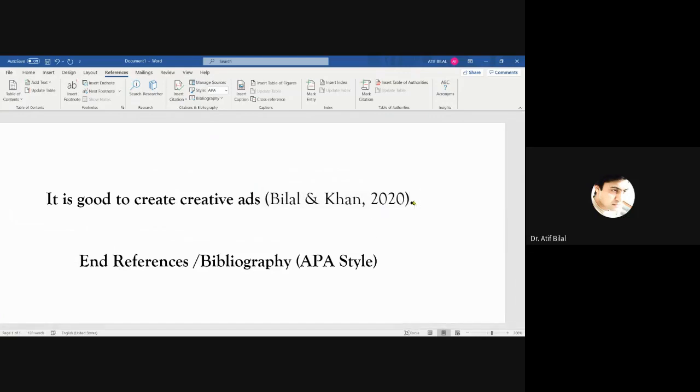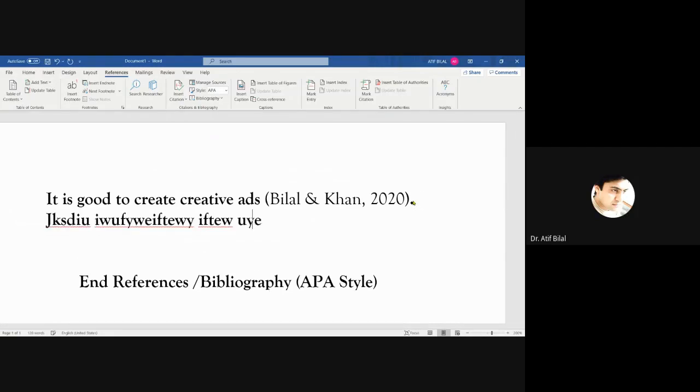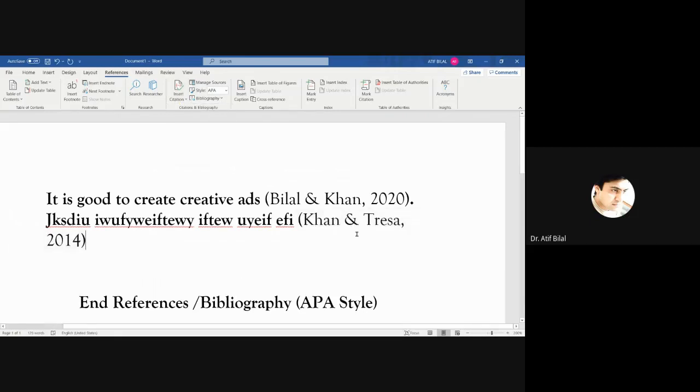It has made things easier for me. And full stop. Let's suppose I want to write something else, and then give another reference. I can just select this one, and Khan and Teresa 2014. It has already done this referencing for me without making any mistakes.